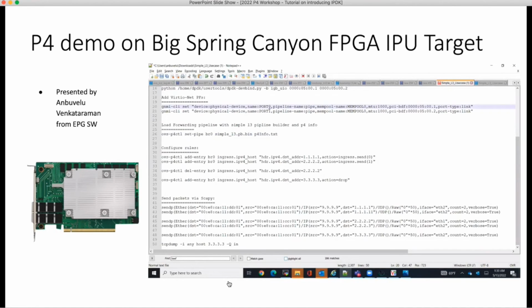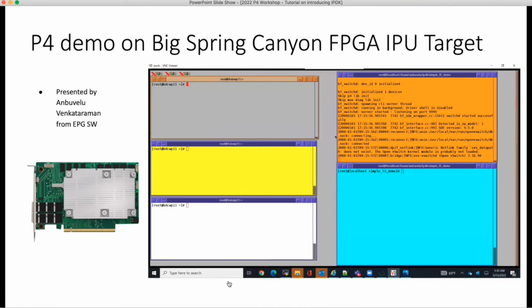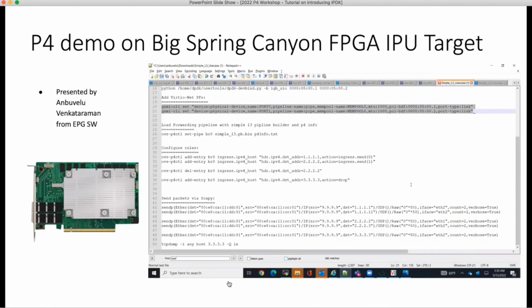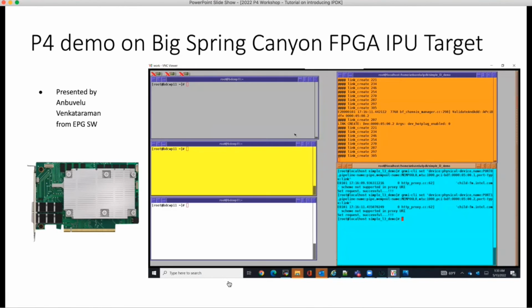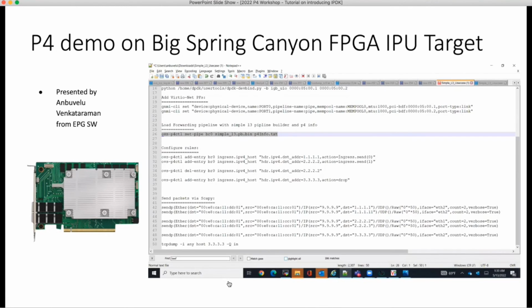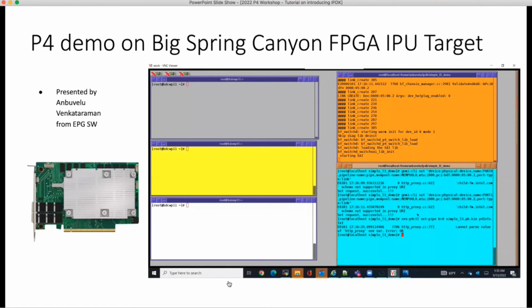Now let me add the two virtio-net PFs to the DPDK target. Ports are added. Now let me load the forwarding pipeline with the simple L3 pipeline builder and the P4 info. Now let me program the flows. I'm programming the flows